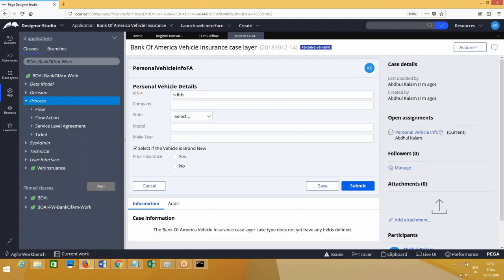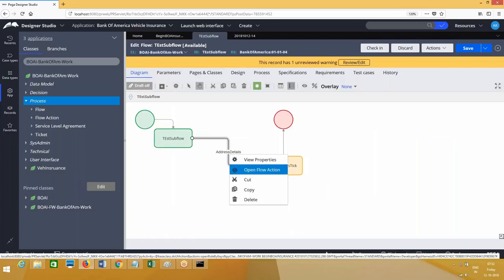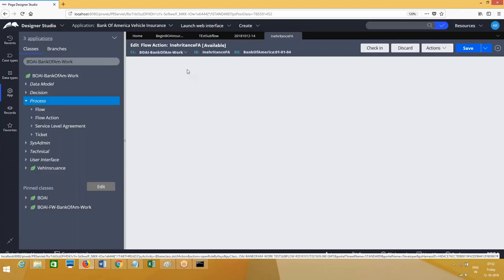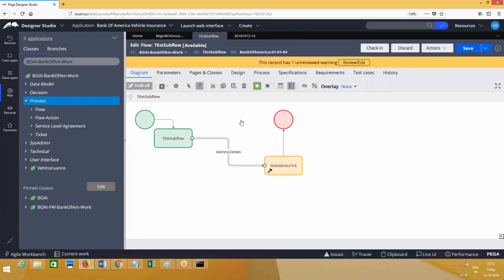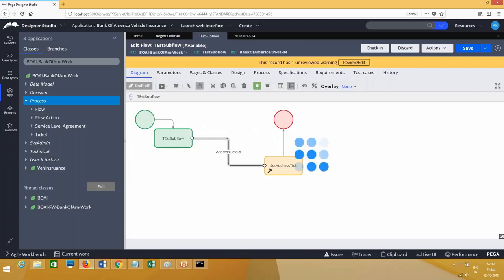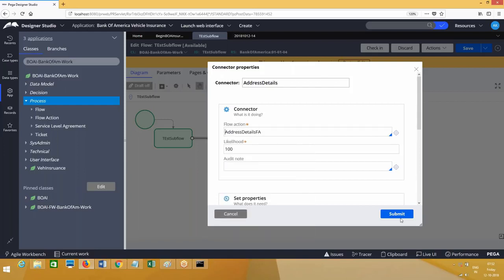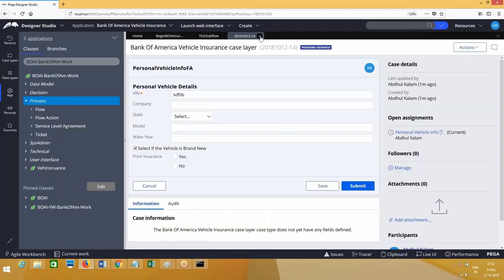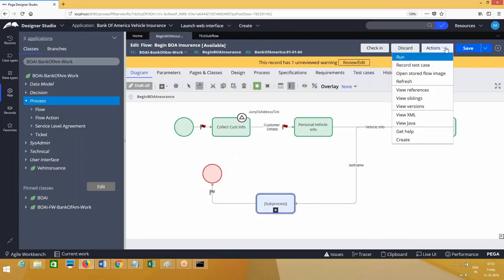Is that inheritance flow action I have called? That is not address details. In the subflow, here I have called address details or inheritance flow action. Inheritance flow action only, I believe. I have not called address details. It is working as expected, but I will change it for your better understanding purpose. Another screen. Address details, but it was not called before. So now you should be able to clearly understand because it will execute address details screen. Same screens we're getting confused.